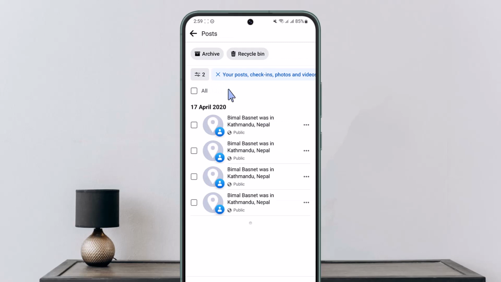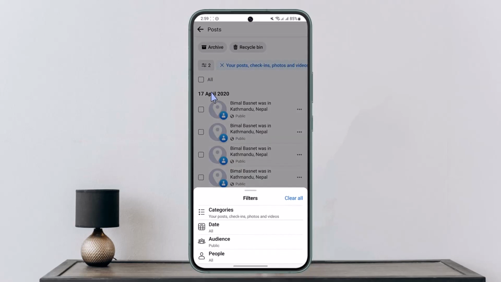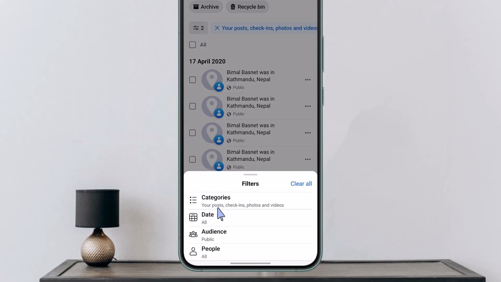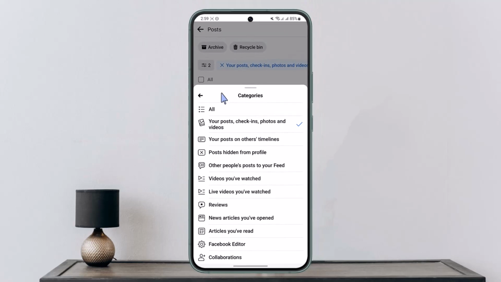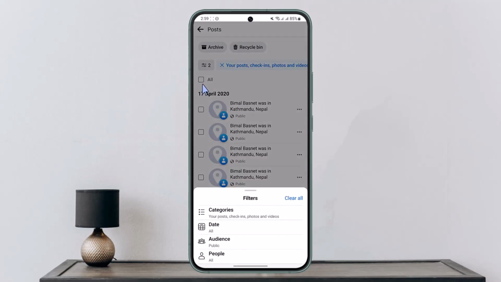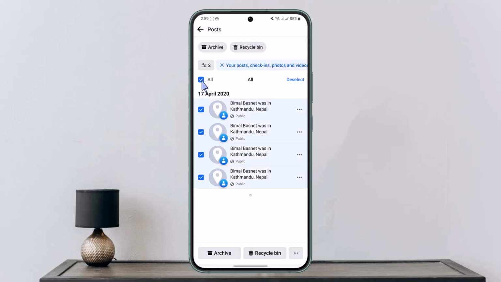Now in case you want to filter it, you can just click on this little filter icon that you can find here, and from the bottom of the screen go ahead and select the option called categories. And right here you can see your post, check-ins, photos and videos, so you want to make sure that this option is checked. After you've done that, simply come back, select all of these check-ins over here if you want,